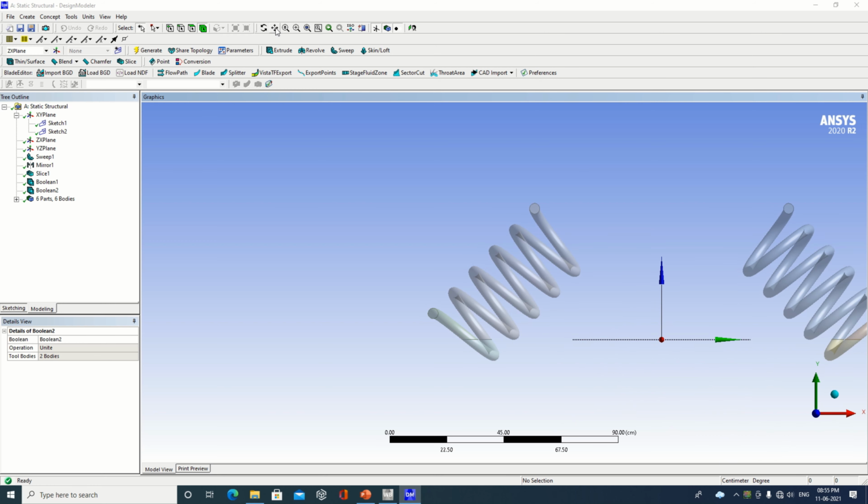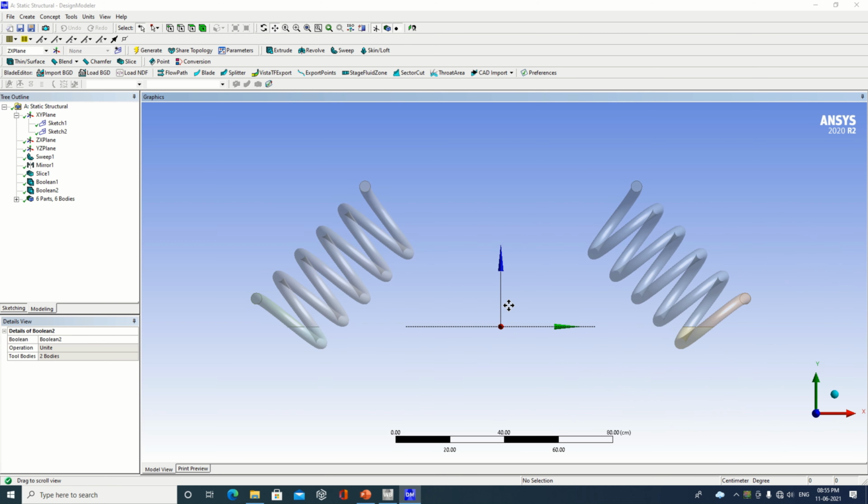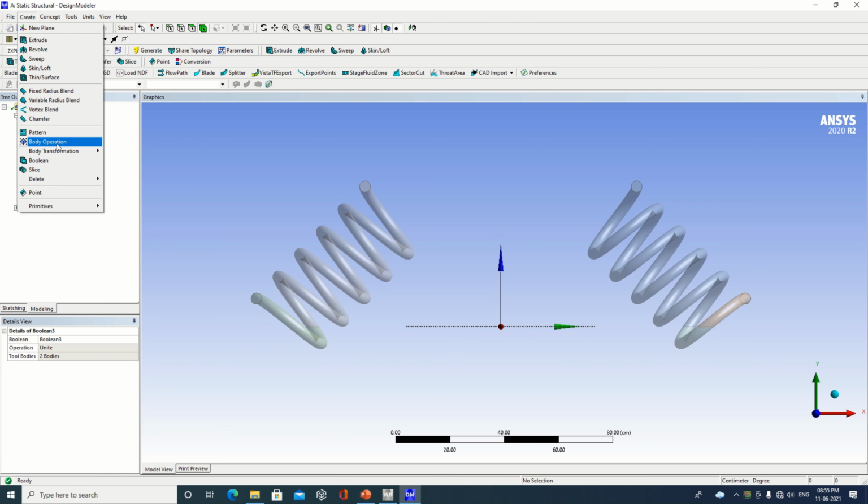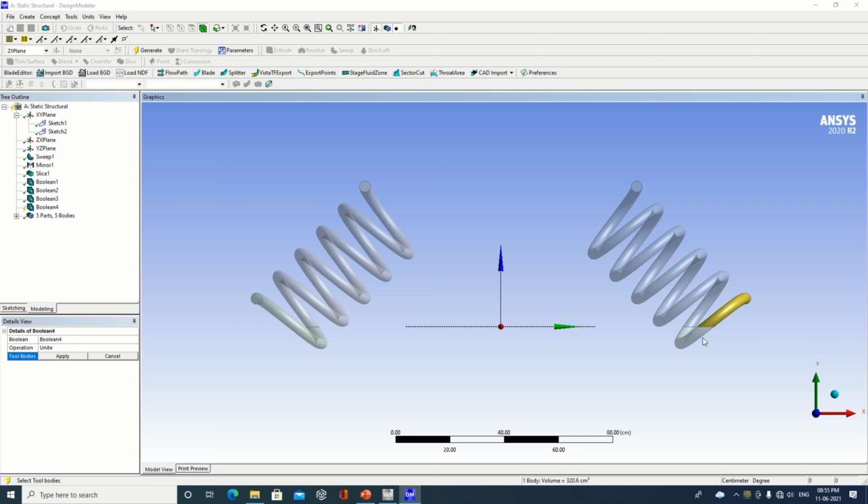Take the body in such a way that you will have better visualization. Now next thing, one more time do the boolean operation. This one and this one we are making unite, make it generate. Same way on the other side, one more time take boolean operation. This one, make it update and generate over here. Now the object has been generated.